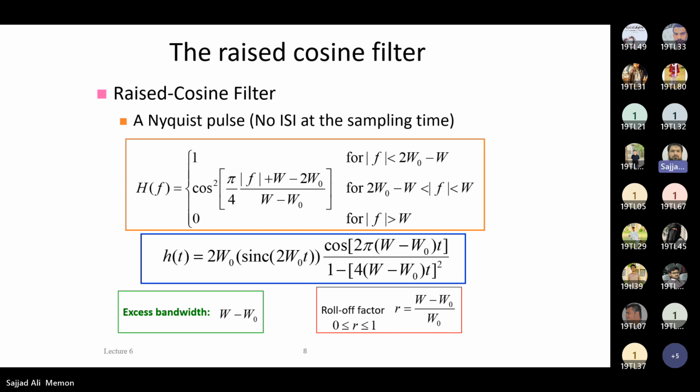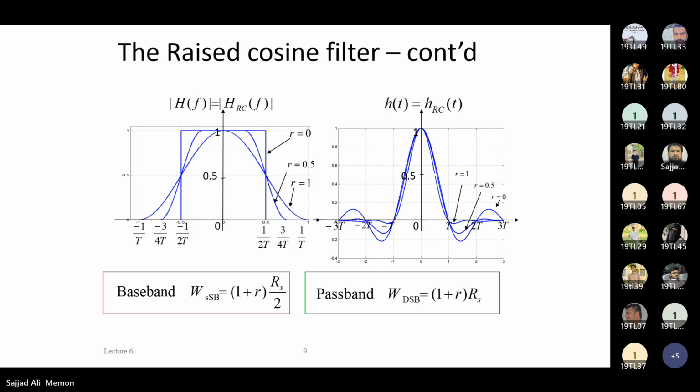If it is near to 1, or if it is 1, that means the numerator is higher than the denominator. That means we have the excess bandwidth. As the bandwidth reduces, the roll off factor will also reduce. So the raised cosine filter, as you can see in the